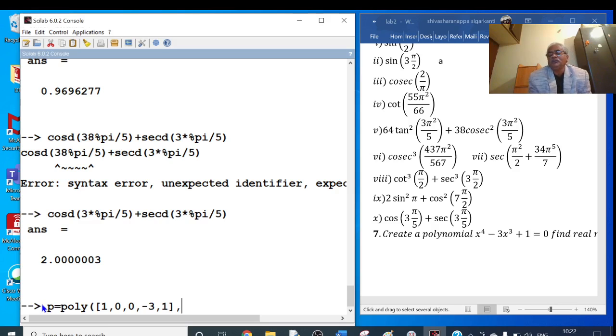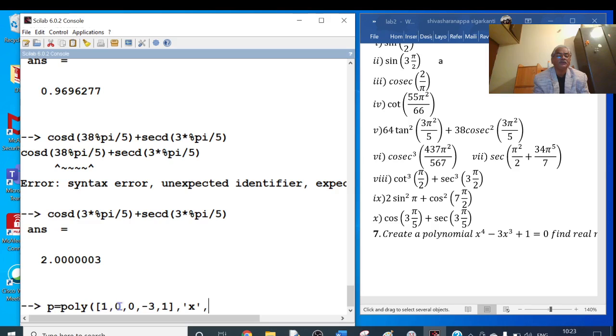I can create this in terms of y also. That is the y raised to 4 minus 3y cube plus 1 is equal to 0. That is also same. Okay. If you want it in terms of x, then what you need to do is put single quote within that x. Single quote close, comma. Whatever we have given here, these are the coefficients. For this, I have to say that these are the coefficients. That is, create a polynomial in x whose coefficients are given like this.